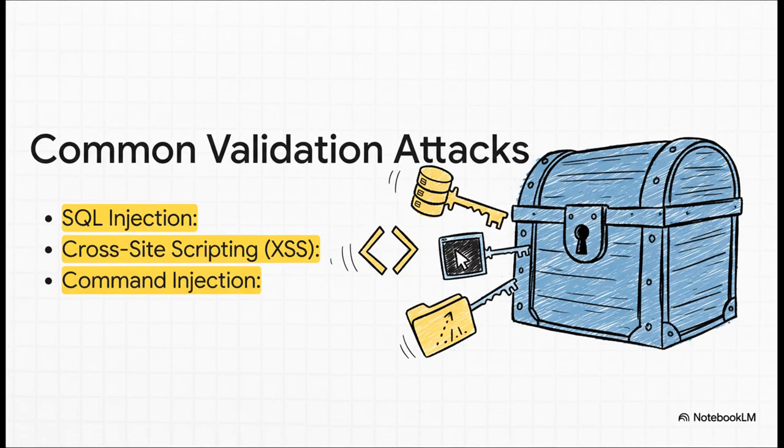And this is what that trouble looks like. Now, to you and me, these might look like gibberish, but to an attacker, these are skeleton keys. Something like SQL injection could be used to literally steal an entire database of users. Cross-site scripting can run nasty code on other people's browsers. Every single one of these is designed to trick an application into doing something it was never, ever supposed to